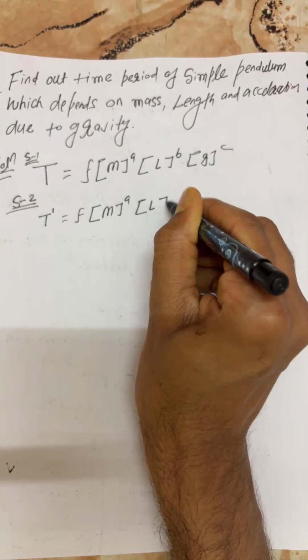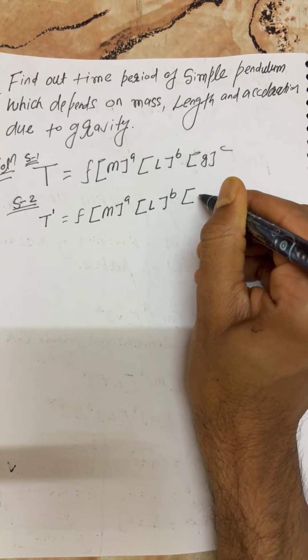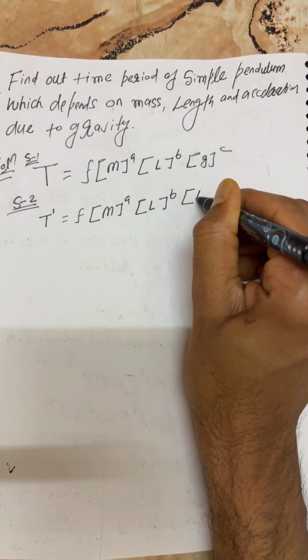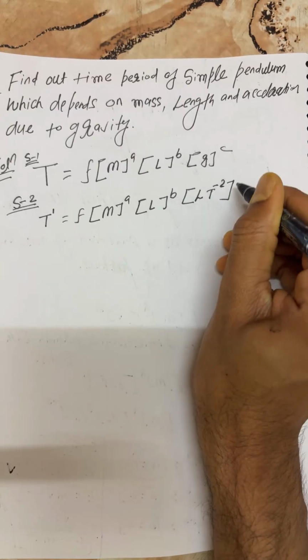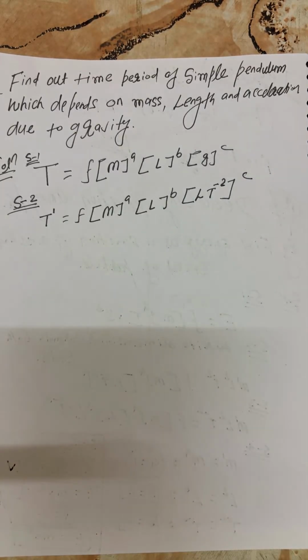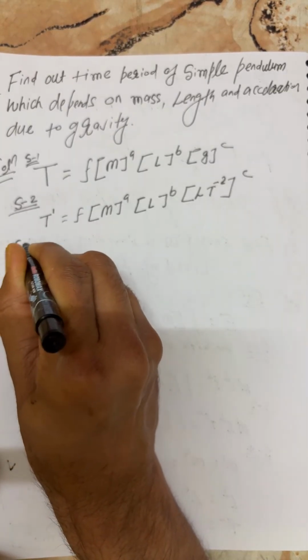Next, student, that is L to the power b. And this is the acceleration here. I said yesterday, L T to the power minus 2, to the power c, meter per second square. Now students, in step 3,